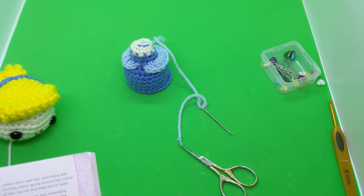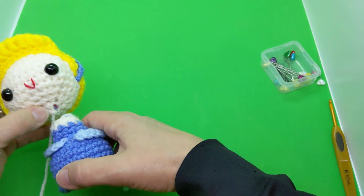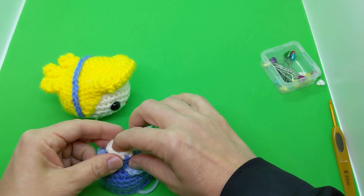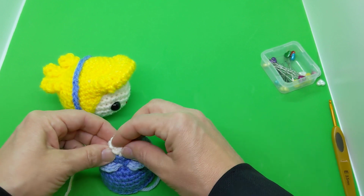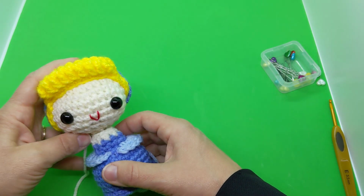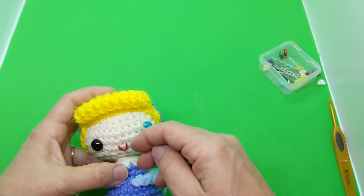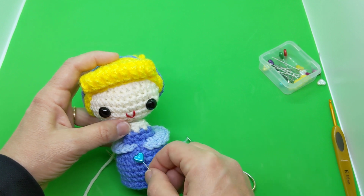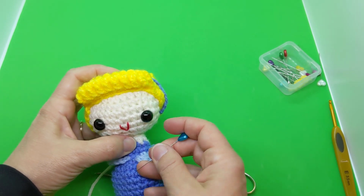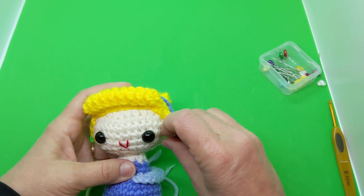Let's see, okay, we're going to pin the head to the top of the bodice, and we are going to sew the head on. I think I'll stuff those yarn ends back in. Now make sure you're aligning. See, there's the mouth, which should be in the center of the head. That's going to be right in line with between the flounces here. You don't want it like that, it looks like she's kind of turning her head. I mean, you could do that, but if you want it looking straight ahead, then you're going to want to align